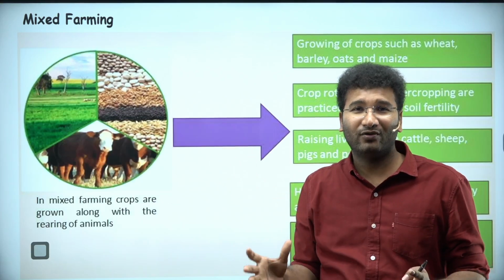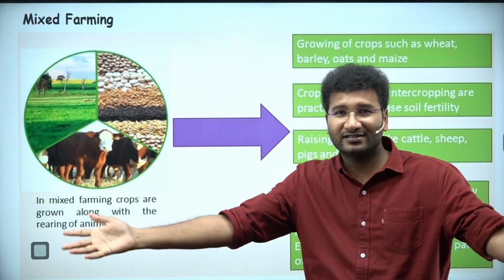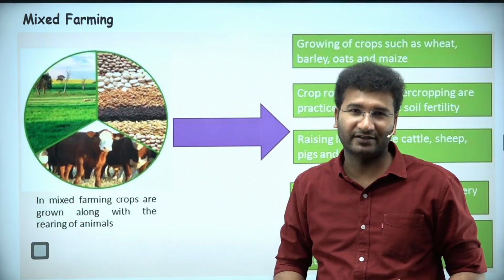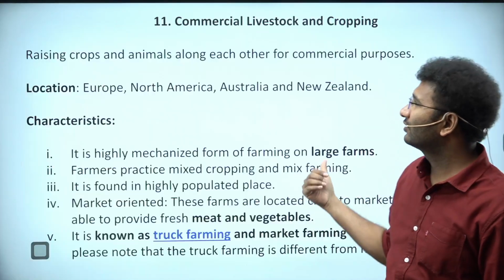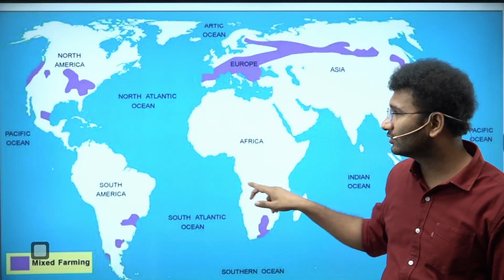You actually grow for the commercial purpose, not just for your family. You also grow it for others and sell it, and you gain out of it. That is called commercial cropping, livestock cropping, along with the mixed farm. Mixed cropping is also nothing but